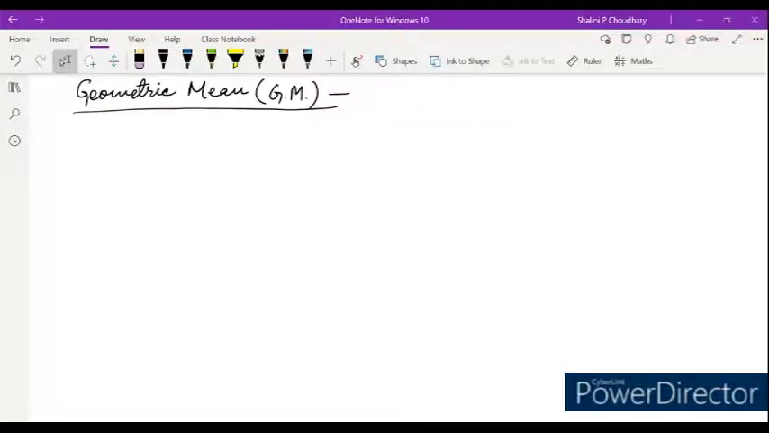Today we'll see the next topic, that is geometric mean. Geometric mean of two positive numbers is also called GM. Let us suppose there are two positive numbers A and B. The geometric mean is denoted as G. So if A, G and B are in GP, then